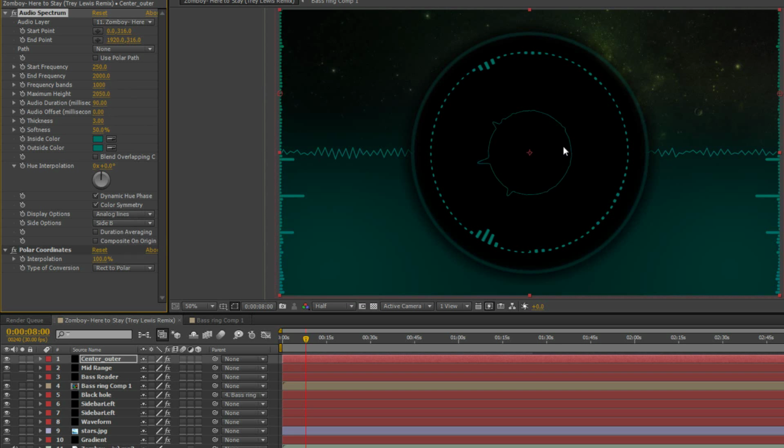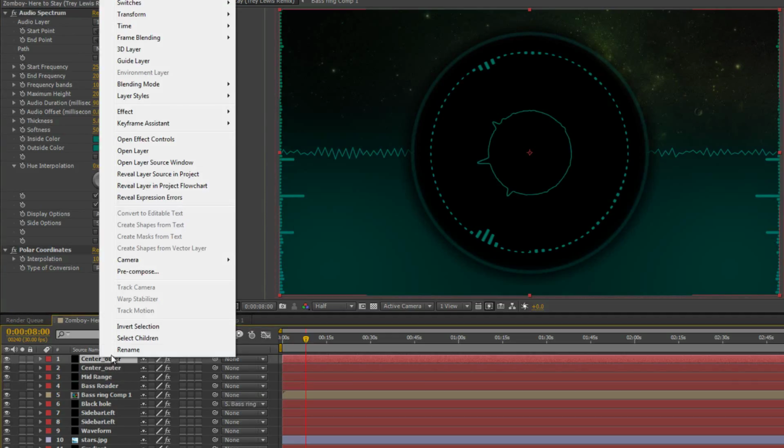As you can see, it's starting to look really good. Now, the last thing we're going to do is change the thickness to 5, which just gives it a little extra visibility under all the other stuff that's moving. Let's see, that's it there. And now we can literally just copy and paste this. So under center outer, hit Control D, make sure that's selected. Hit Control D, and rename this to